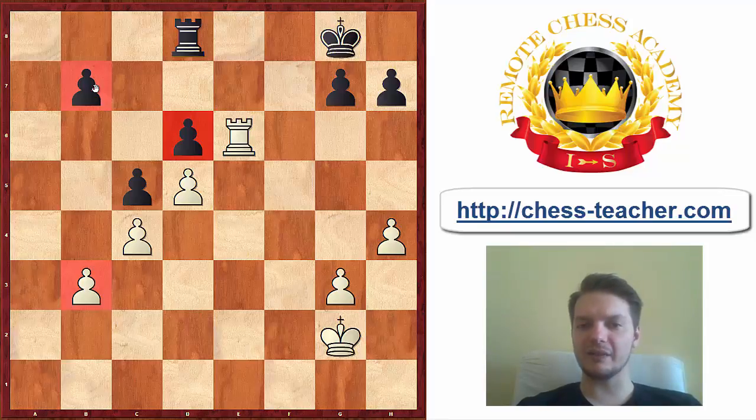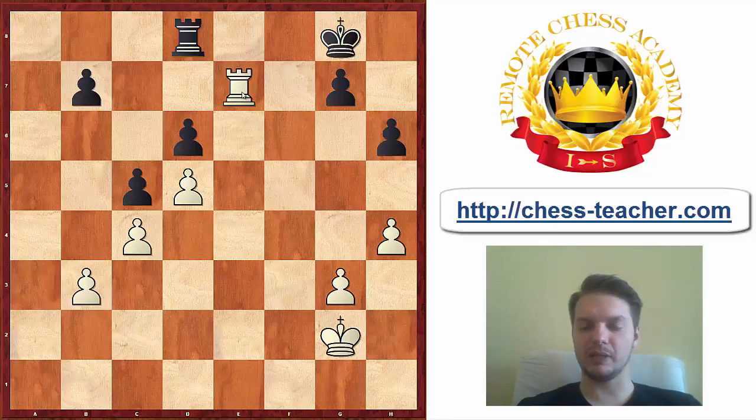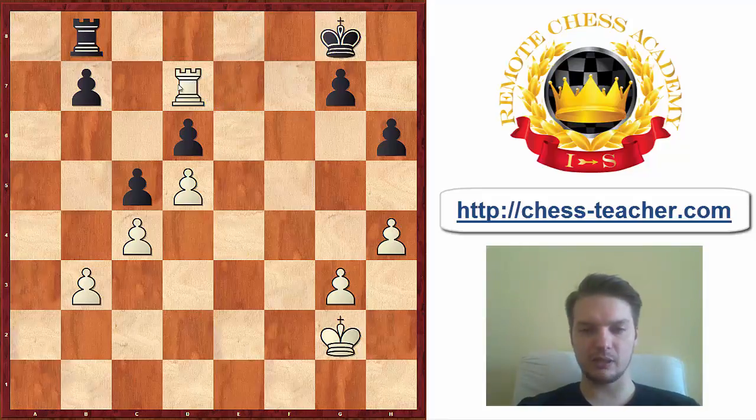As regards the b7 pawn, I could easily imagine this becoming weak. So if white is given another move, then his next move would probably be rook e7. Let's make some random move for black, h6, in case of rook e7. If black plays passively, so for example rook b8, rook d7, and as you see the white rook is brilliantly positioned because it attacks both backward pawns at the same time. Of course this is not the end of the world for black,